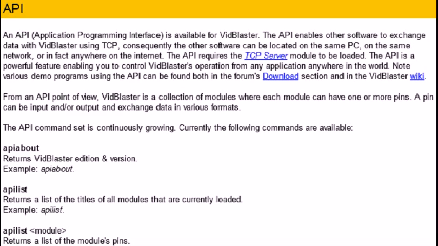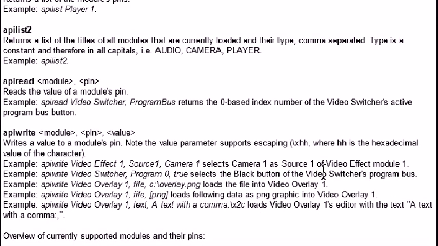What I want to concentrate on is a particular part of the API today. Let's see if we can scroll this up a little bit. It's called the API write, and that's going to be right there. The API write is the part of the API that allows you to tell VidBlaster to do something.